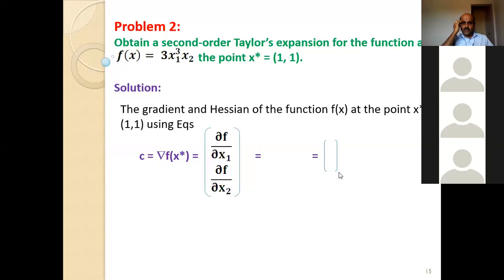F of x is equal to 3 into x1 cube x2 at the point x star is equal to (1, 1). So the function is given. So when you look at this function, to obtain a second order Taylor's expansion for a function f of x, when you look at this function f of x,